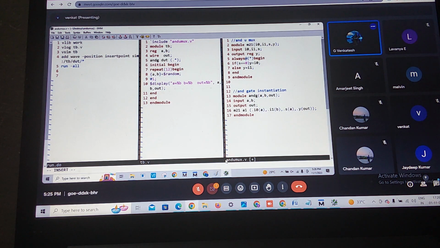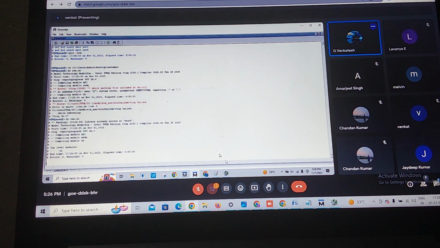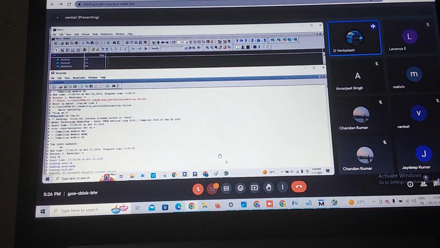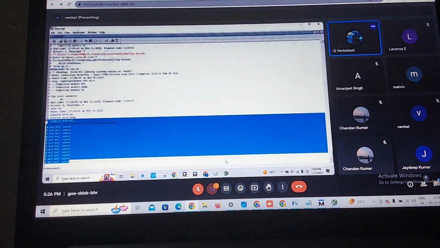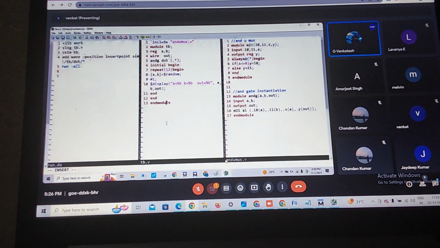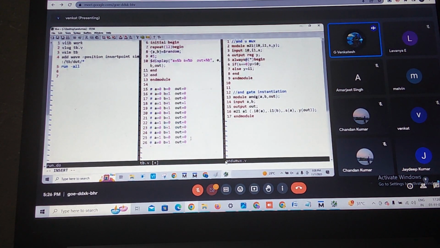Understand now? Right now in my output, the AND gate combination is AND gate, and the output needs to be required 12 times the same. See. Do you understand or not?